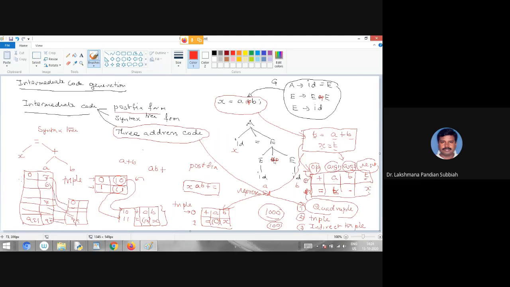So this is called indirect triple. So these are the three ways of representing three address code, right? Many programming languages use the three address code form. Hereafter we are going to see the three address code for each type of statement. So here you have to concentrate on that.